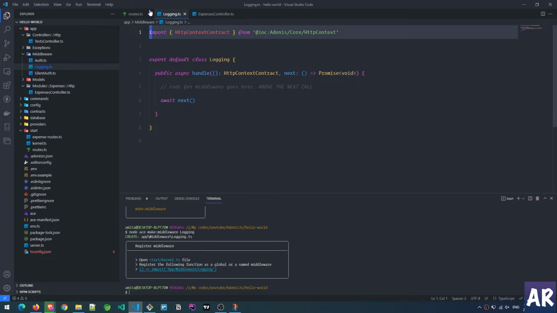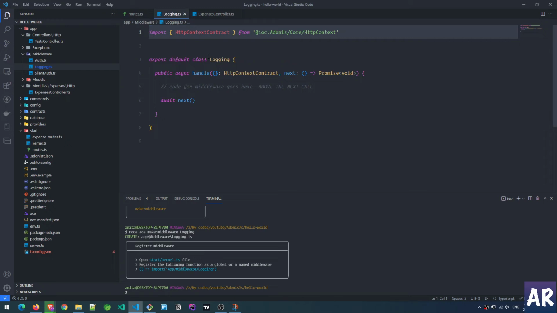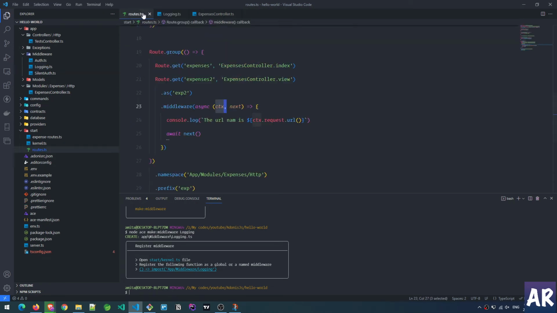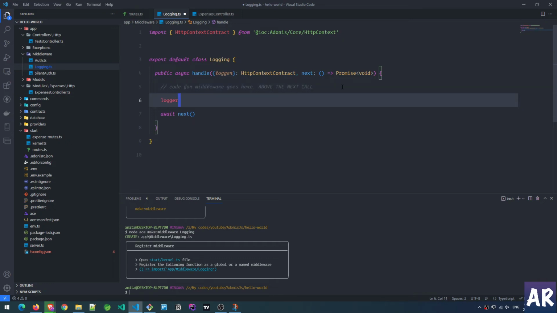Okay, now how was our closure working? So we were getting context, which is the HTTP context contract. So you can see the file which got generated has the similar stuff. It has the HTTP context contract and it has the next function. Okay. And obviously what I can do is I can again console something over here. And because we have HTTP context, I can take the logging object from here and do error and say